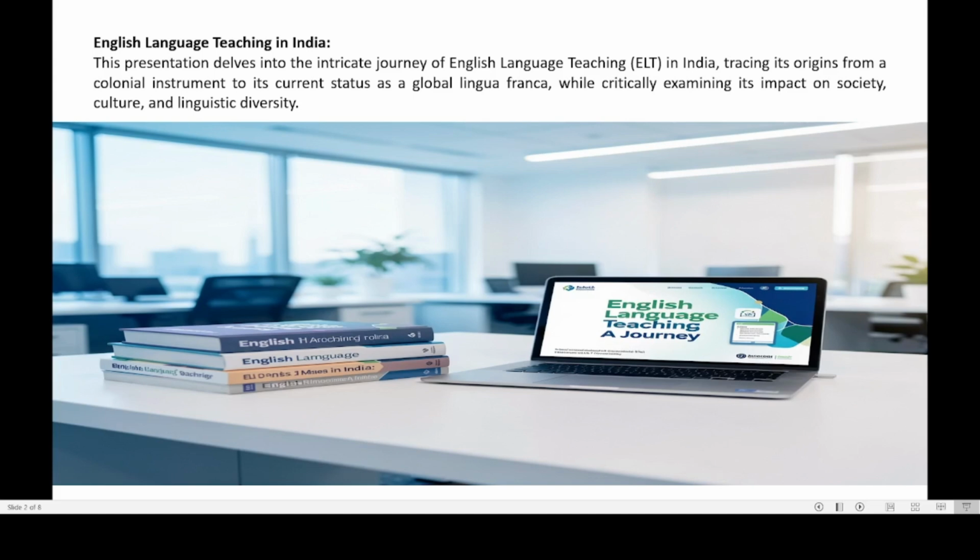Dear students, English is actually not an Indian language originally. It came to India during the British colonial period, let's say around 200 years ago. At first, the Britishers introduced English mainly for their own administrative purposes. But something very interesting happened over time. Indians began to use English in their own ways. For example, they used English for education, for communication, and even for expressing their ideas, their views about freedom.